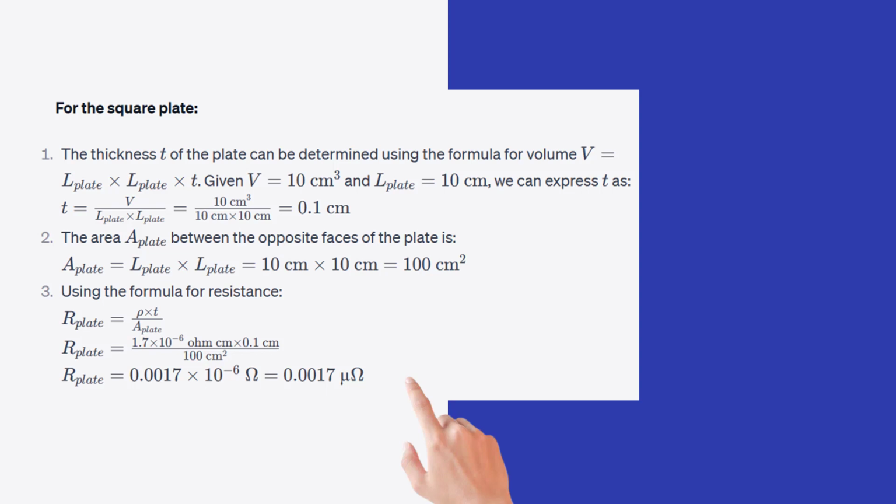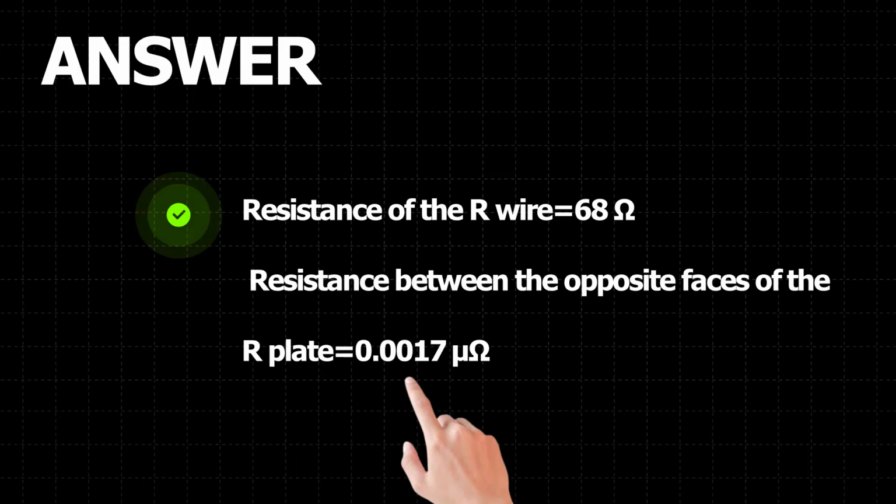The answer is: resistance of the wire is 68 ohm. Resistance between the opposite faces of the plate is